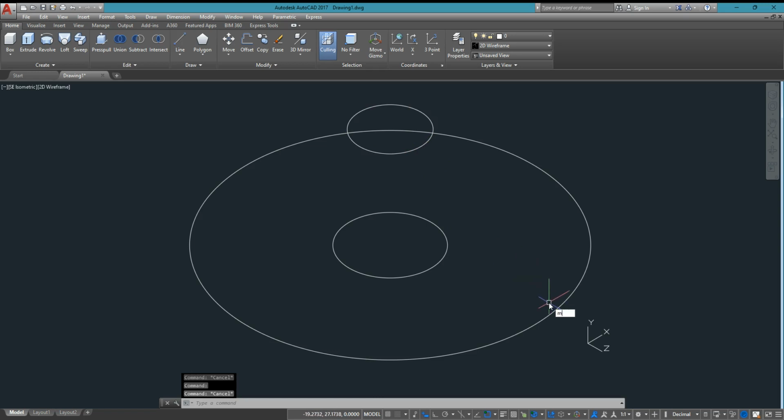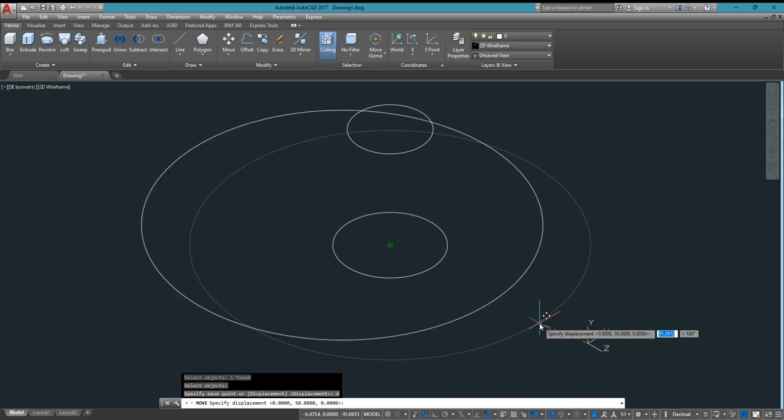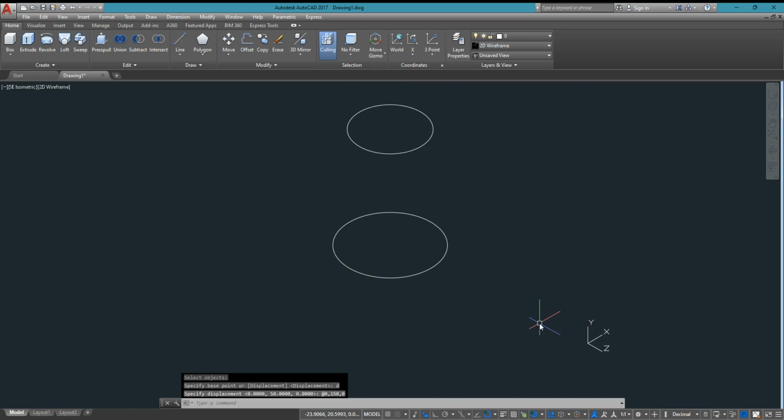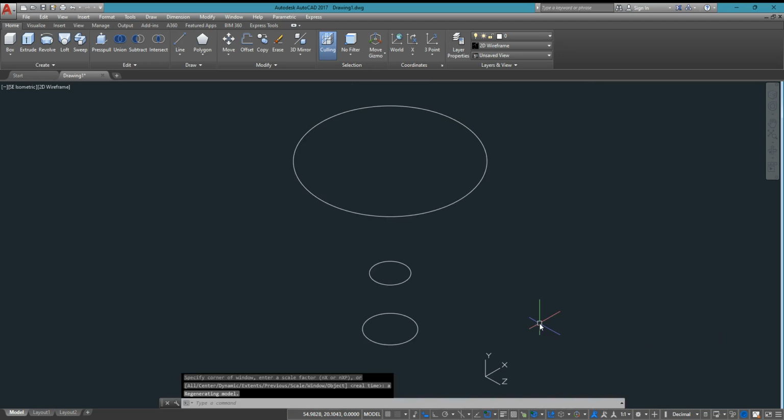And then let's try this one. Move the outer circle to 0, 0, 0. Let's have 100, maybe 150, then comma 0 for the z-axis vector. Then let's zoom extents our object. This value is already at 100 elevation, or 150 rather, and then this one is at 50. And the base is on level 0.